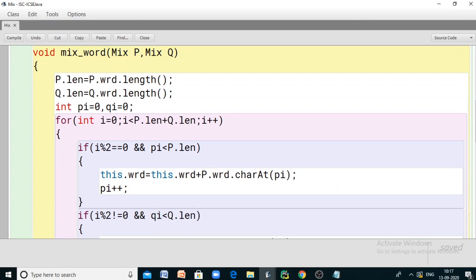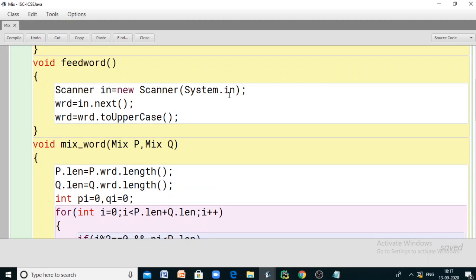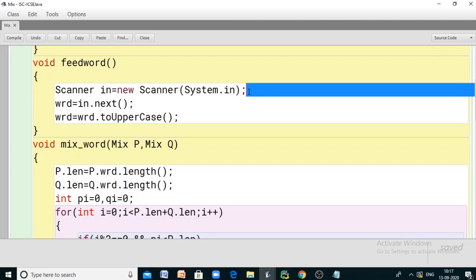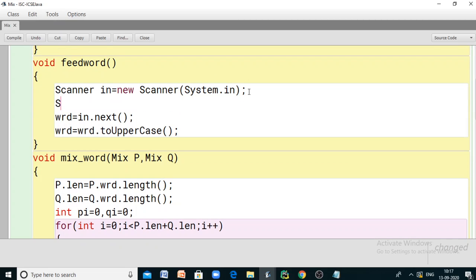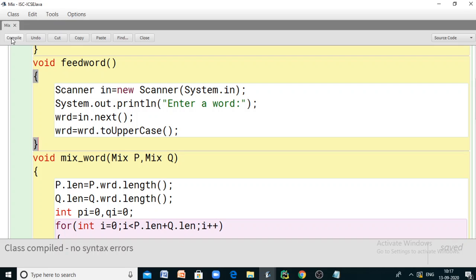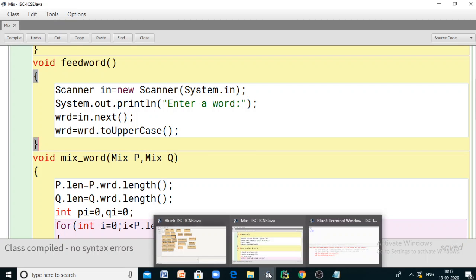One more thing, we can give a prompt to the user to enter a word as input. So System.out.println, enter a word, right? So now let us compile it again and run it again.